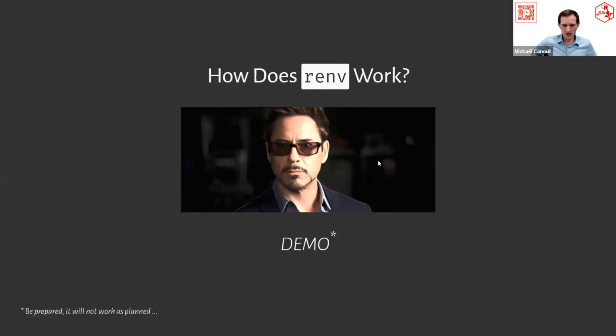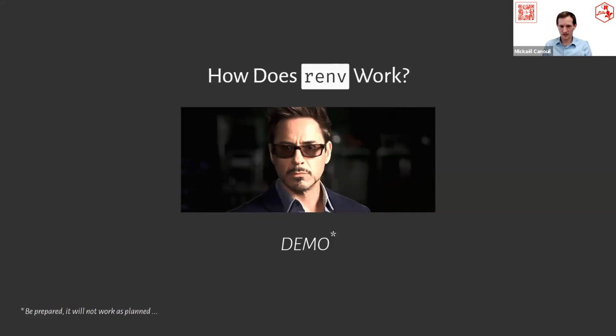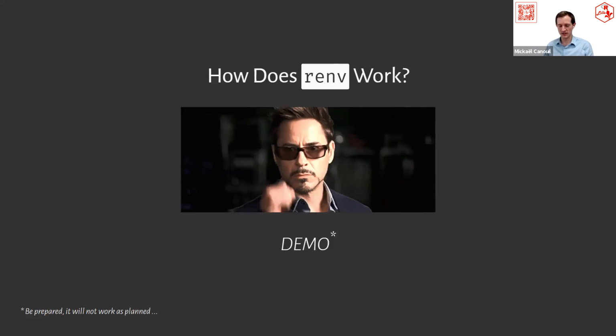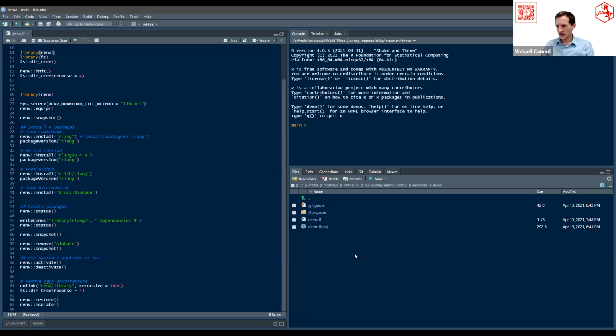As I was just saying, I will try to show you how it works and what is good about that package. Hopefully it will work. It's supposed to work, but are you seeing my RStudio right now? Yes, perfect. Thank you. So here, a simple IDE.